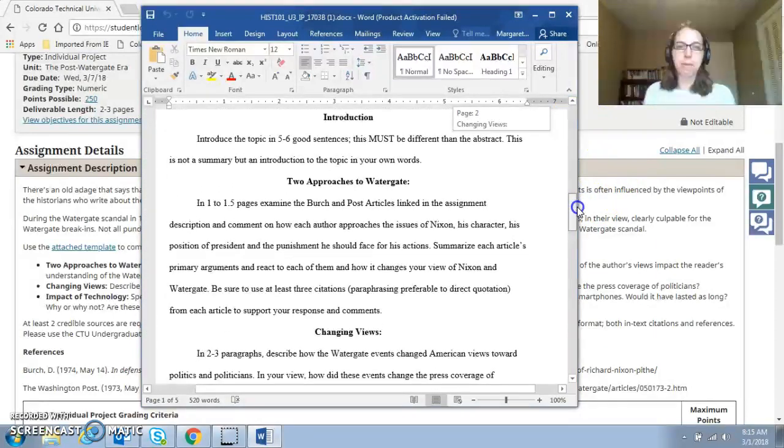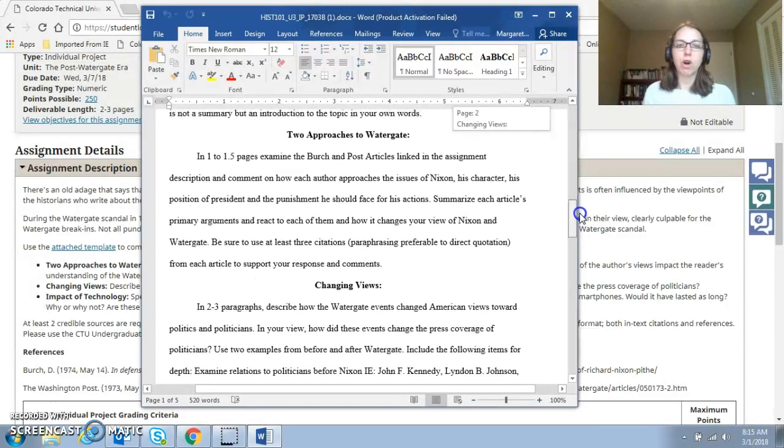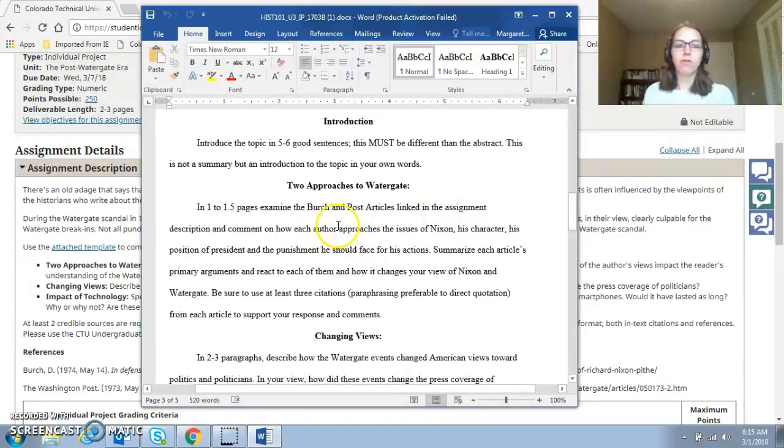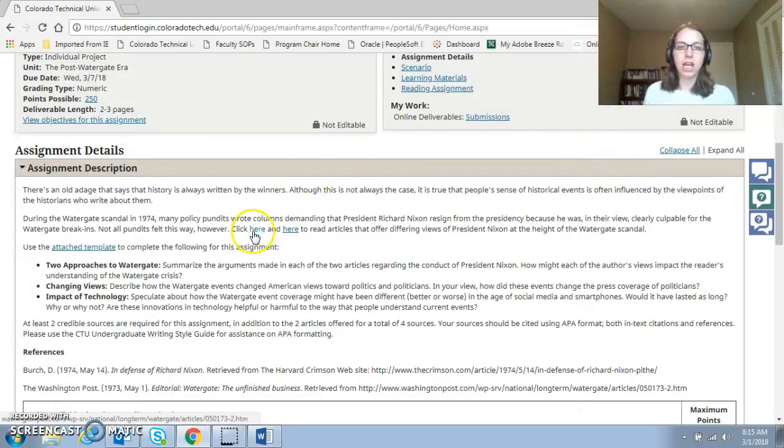The next step is to begin working on the main body paragraphs of the project. So treat them as three separate entities. The first one you want to focus on is this 2 approaches to Watergate. This 2 approaches to Watergate asks you to summarize and give your opinion of the 2 articles. Those 2 articles can be found here